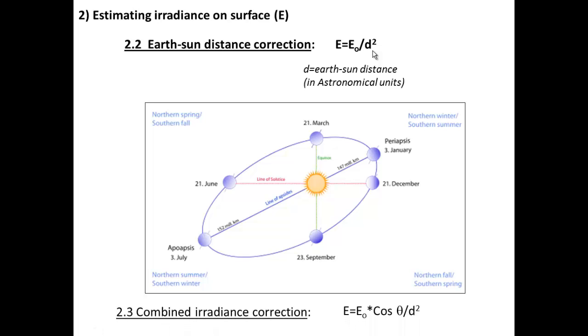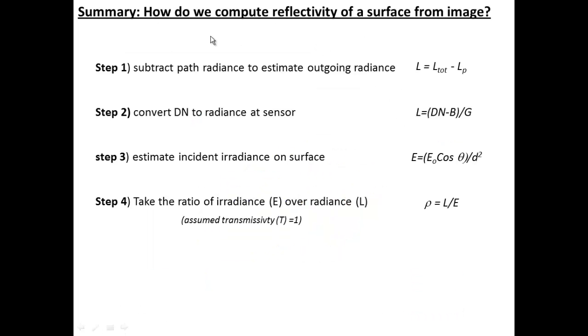So if we combine those 2 equations, we get the combined irradiance estimate, E equals E naught times cosine theta over d squared. And that's the equation that ENVI will be using. So in summary, our goal is to compute reflectivity at the surface, and to do that,